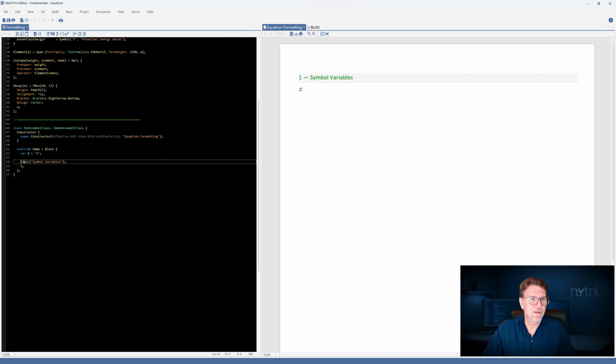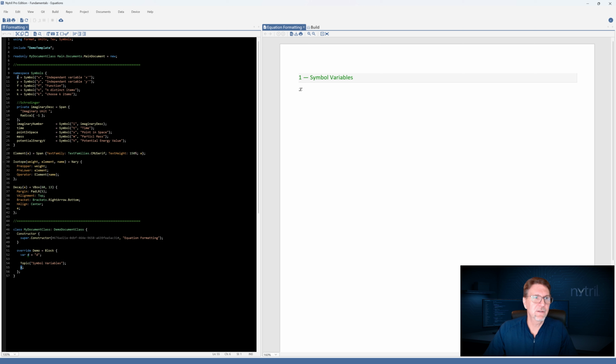First thing we have here is our topic. In this document, we'll have a topic line, which has nothing to do with the equations. It simply places this little green label in the document so we can reference the content that comes after it. And then we show X. X is the variable up here that we declared under symbols. So X is a symbol, and it shows up in the document like this.